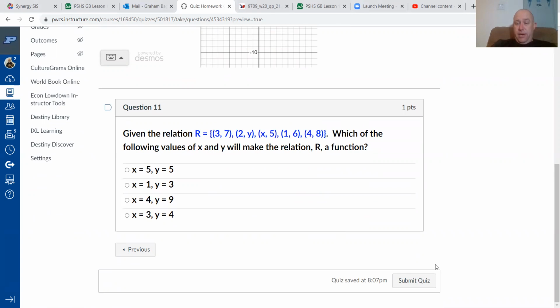I think that should be sufficient for you to answer that one. You can then go ahead and submit the quiz, and hopefully that should be